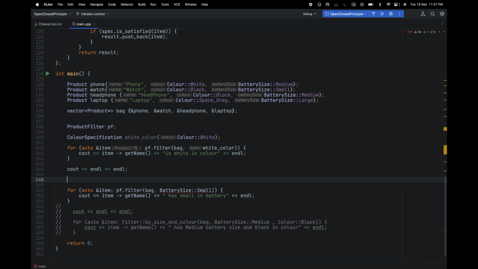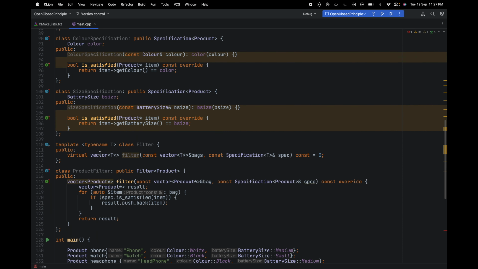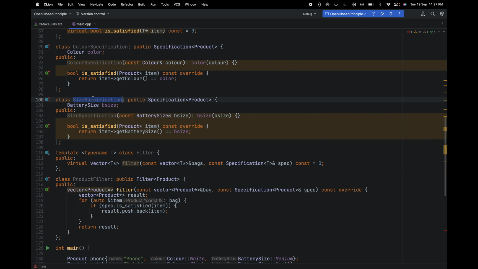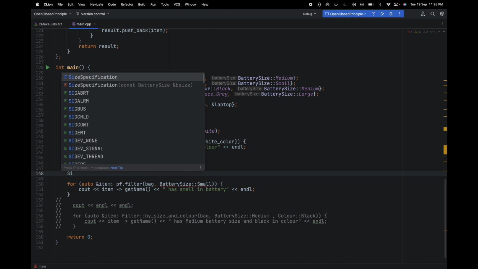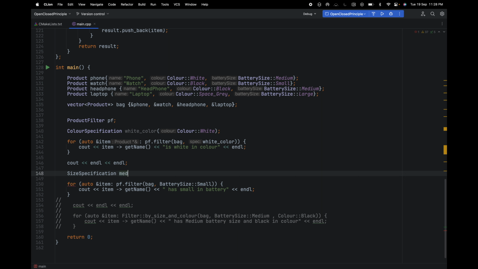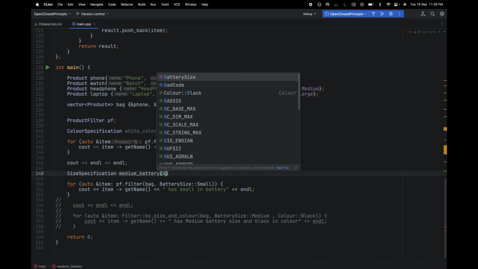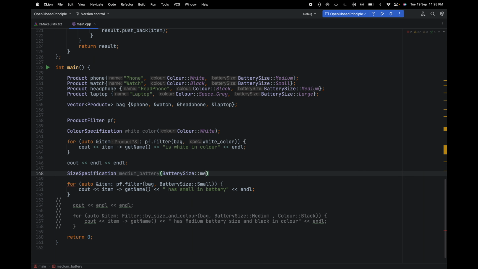Here we need to create a size specification class. Let's create a size specification object here. Let's call it medium battery. Battery size will be medium, and this object we can use here now. If we run this particular program here,